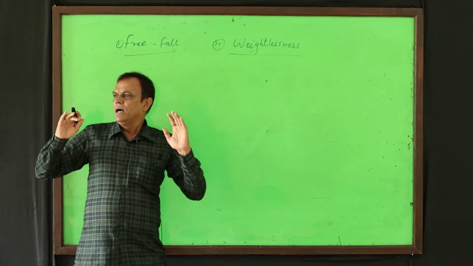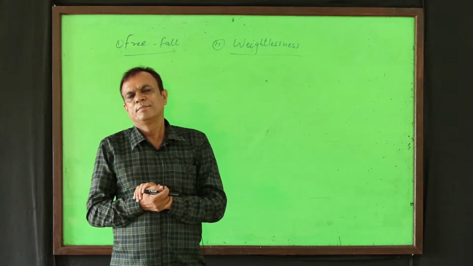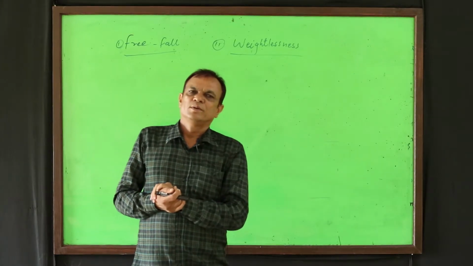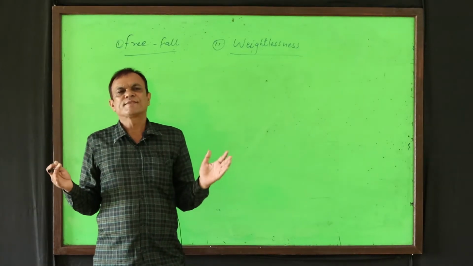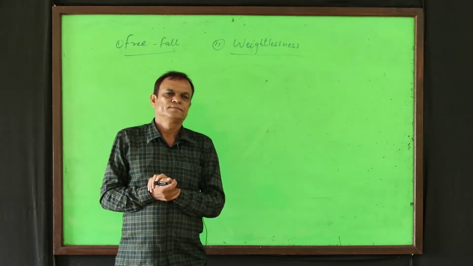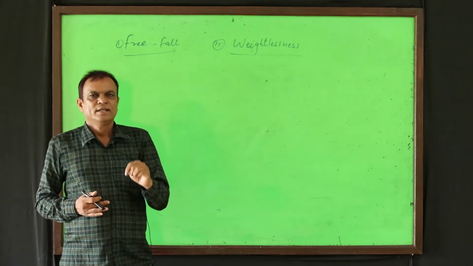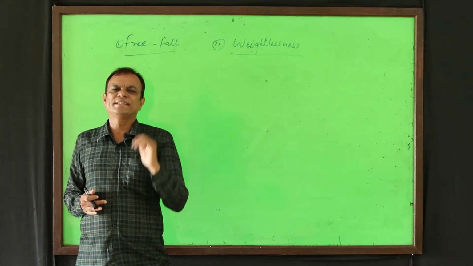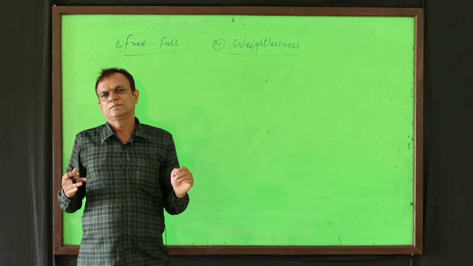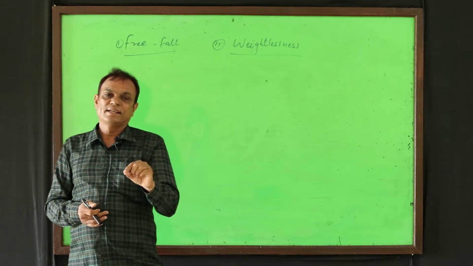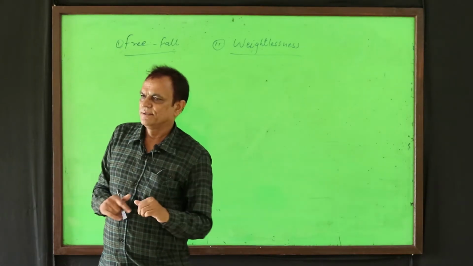It means on the earth's surface, free fall doesn't occur. But on the moon's surface, when a body falls, free fall occurs there, because we know that there is no atmosphere on the moon. So we can give two definitions of free fall. Number one, the body falls without any resistance or obstacle. In other words, if the body falls at the rate of acceleration due to gravity, it is known as free fall.